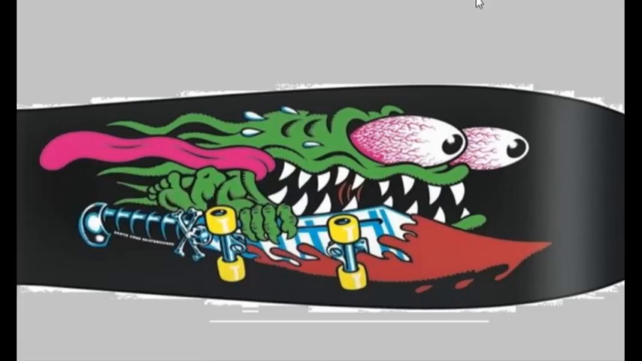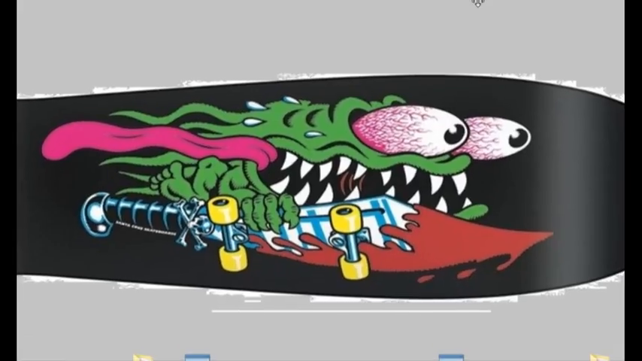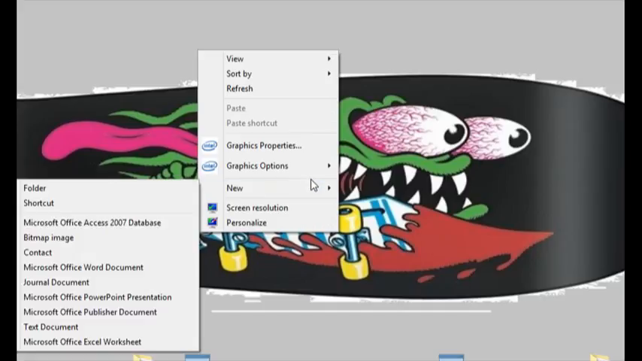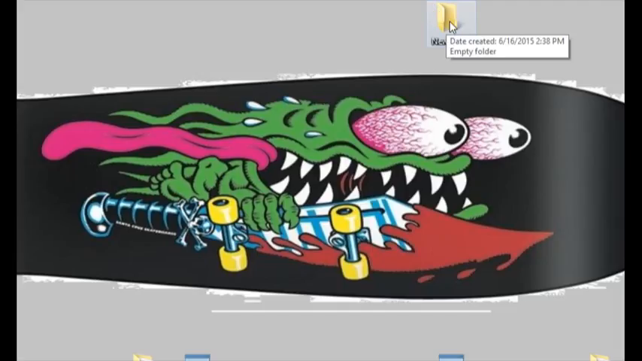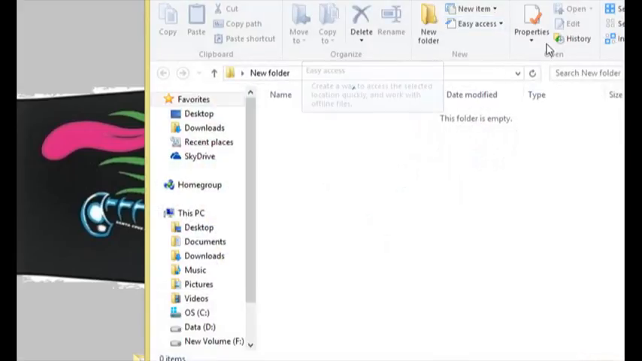So once you have that, let's go ahead and just create a basic document to get started. First thing you need to do is let's create a new folder. So go to new folder. It doesn't matter, you can name it whatever you want. I'll just leave it called new folder. Go ahead, open that up